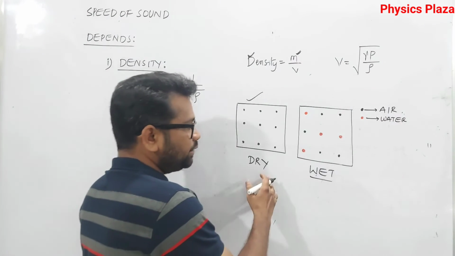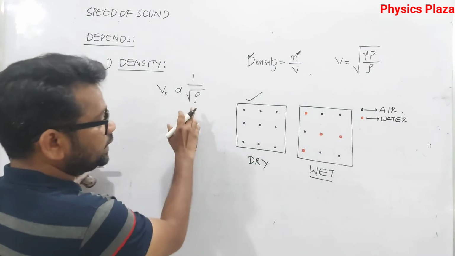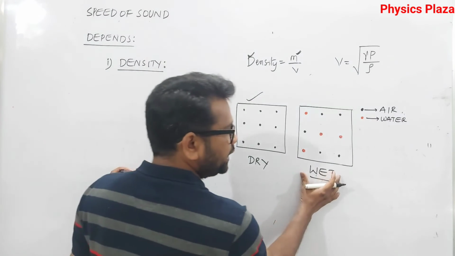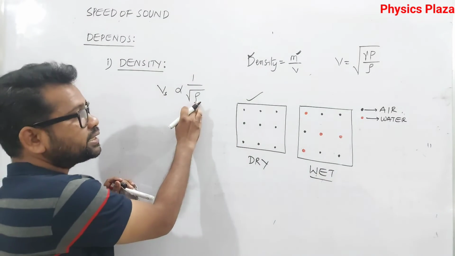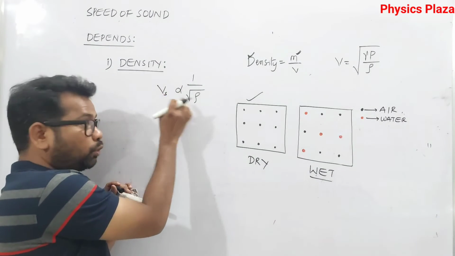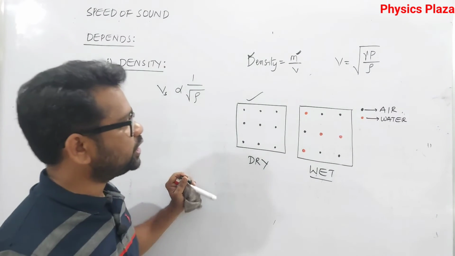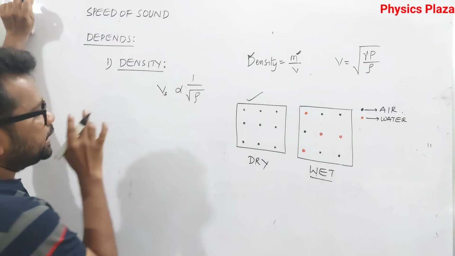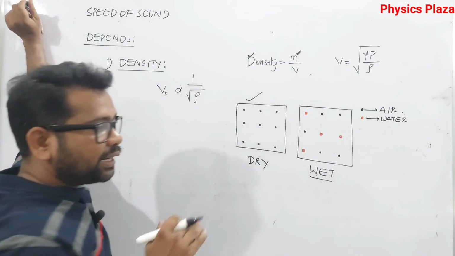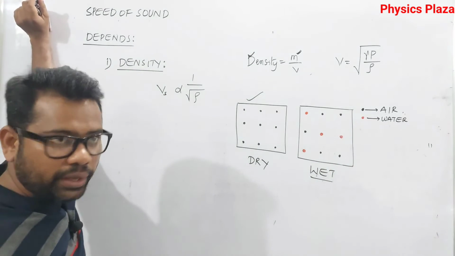Now you tell me, in which air speed will travel faster? So where the density is less, there speed of the sound is more. Obviously, in a wet air, speed of the sound is more. Why? Density is less. Less the density, more the speed. More the density, less the speed. So am I clear? Clear? Fine children. It's very, very important. So here, first term is the density. In which air speed of the sound is faster? Obviously, wet air only. Okay, fine.